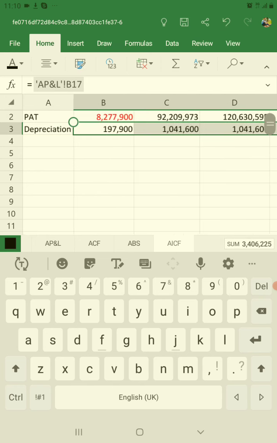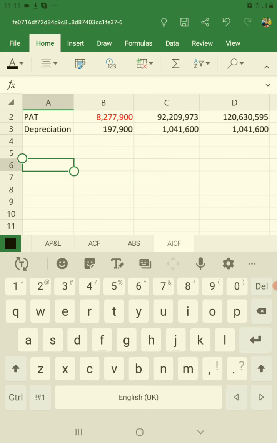Depreciation is a non-cash movement that reduces profit but actually does not reduce cash, so we add it back. We have added back depreciation by putting it as a positive figure. Negative numbers are presented in red, whereas positive numbers are shown in black. So we have already adjusted for depreciation, and now we go to do adjustments for movement of